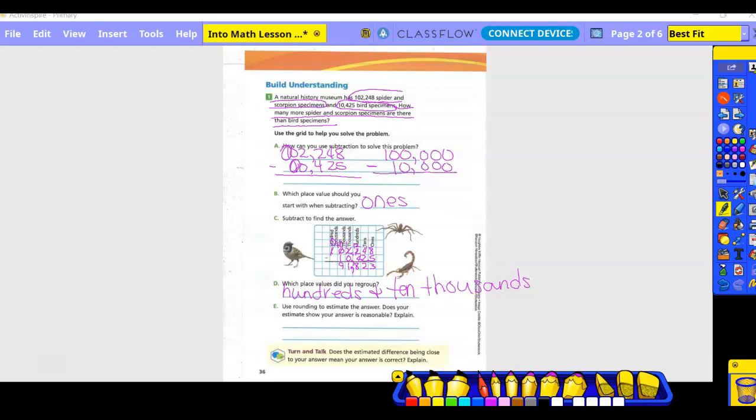Okay, so now I'm going to work it out. 0 minus 0 is 0. 0 minus 0 is 0. Can I take 1 from 0? So this becomes a 10 and this becomes a 0. 10 minus 1 is 9. So is our estimate of 90,000